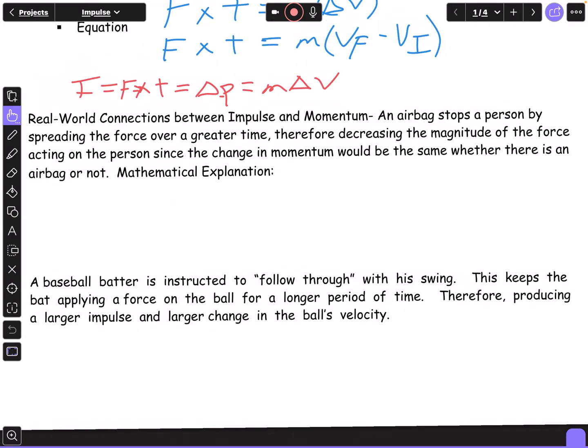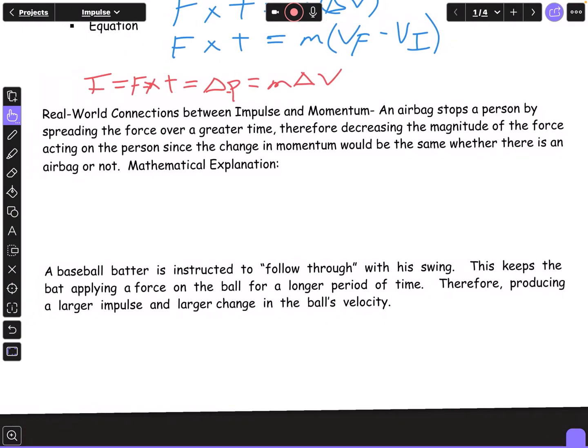So, real world connections between impulse and momentum: an airbag stops a person by spreading the force over a greater time, therefore decreasing the magnitude of the force acting on the person, since the change in momentum would be the same whether it's an airbag or not. What's the mathematical explanation? Well, if I look at my equation for the impulse momentum theorem,